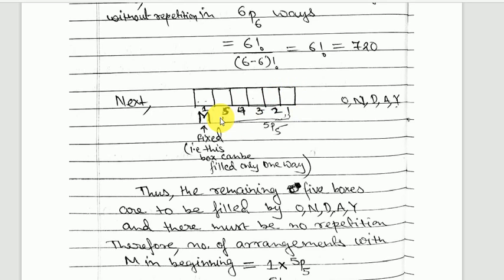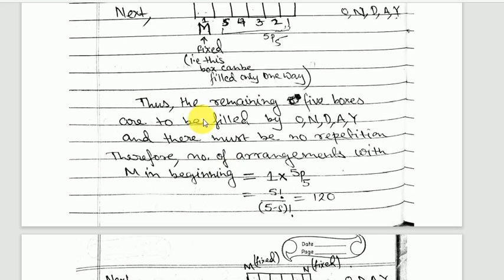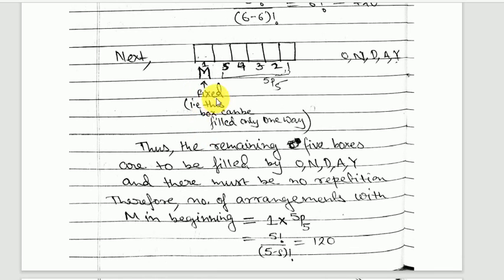So the total number of arrangements of words which will begin with M will be given as 1 into 5 into 4 into 3 into 2 into 1. So see over here, this has to be fixed with M. So the remaining 5 boxes are to be filled by O-N-D-A-Y, and there must be no repetition. Therefore the number of arrangements with M in the beginning will be 1 into